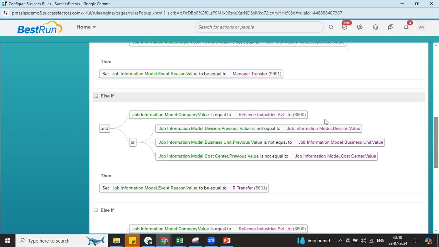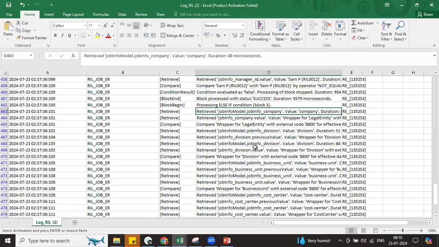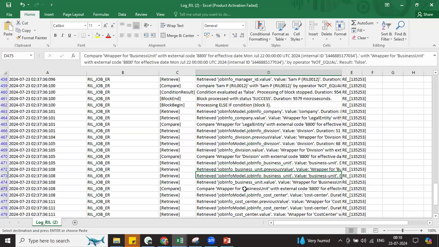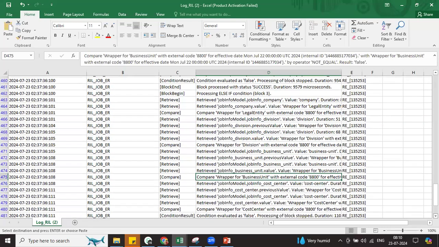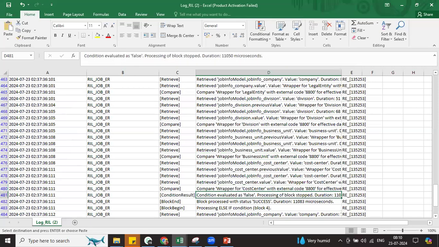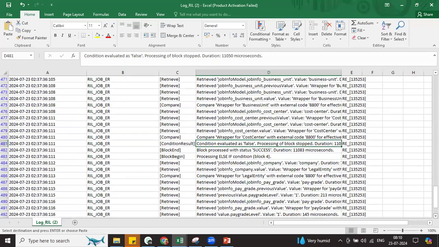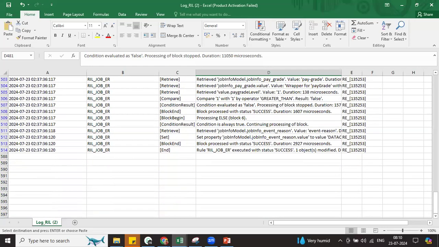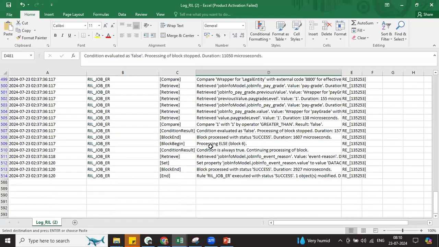It is now checking division, business unit, and cost center. You see here, division, business unit. Compare false, and then cost center. This is also false. Compare cost center. Cost center is also not changed. The block ends here. So like this, it will check all of the conditions, and then the last condition, block ends